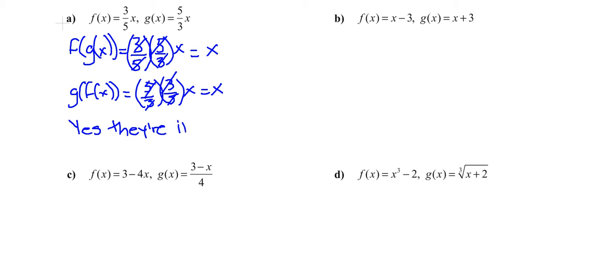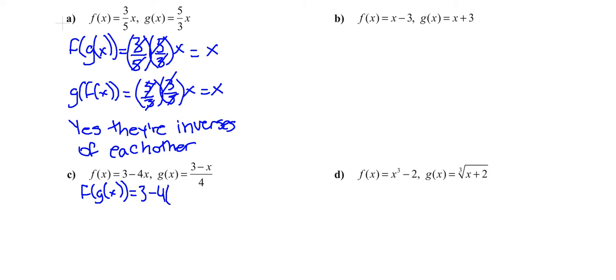they're inverses of each other. Now for this c, you do f of g of x, which equals 3 minus